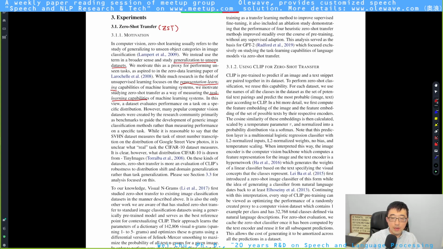One thing that is interesting is you can see that I read this. Zero-shot transfer is more an evaluation of CLIP's robustness to distribution shift, the domain generalization, rather than task generalization. What does that mean? I think section 3.3 would talk more, but definitely you will see more about distribution, the keywords here. What they meant is for image classification,